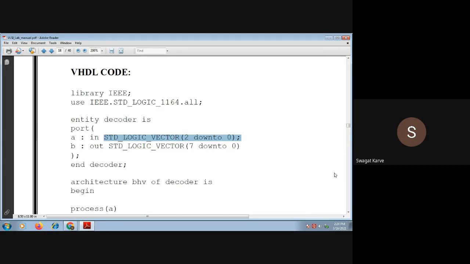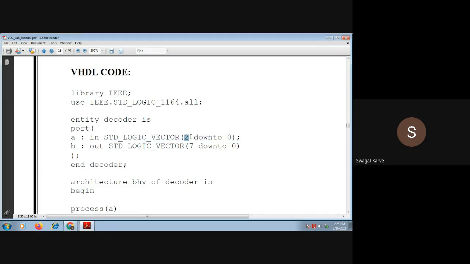Standard logic vector. If you have not used this vector type, then by default your compiler or synthesizer might consider that A as only a single bit of data, that means either 0 or 1, that's it. But how many bits are we requiring here? 3 bits, right? That may be any combination, 000, 010, 011, anything, but it is more than 1 bit. So for that purpose, I have used standard logic vector as the data type, so that this A will be of 3 bits.